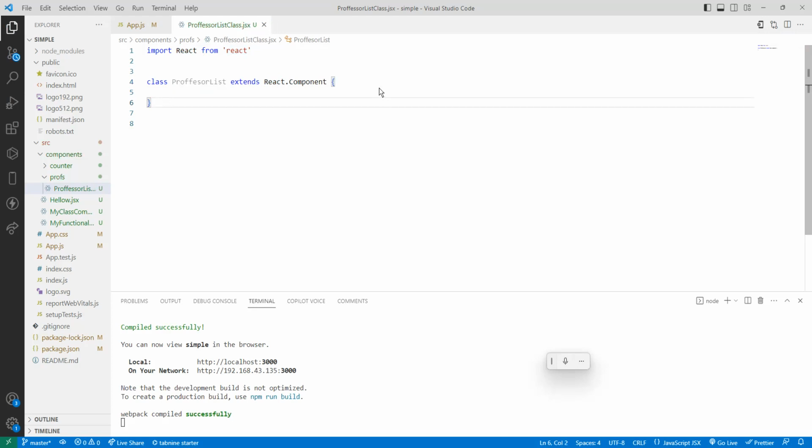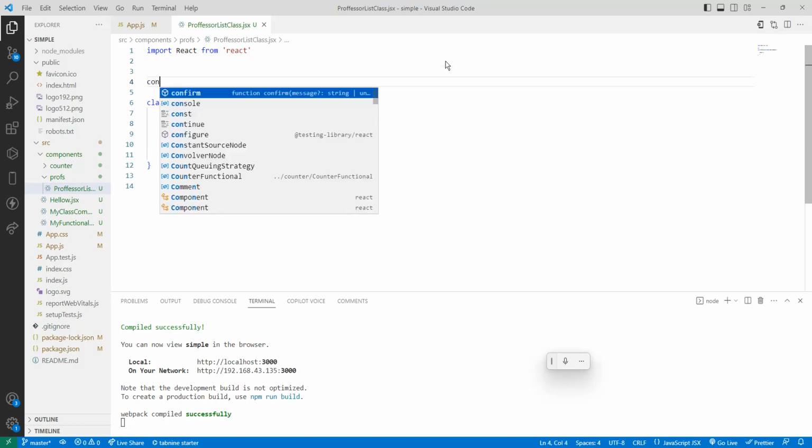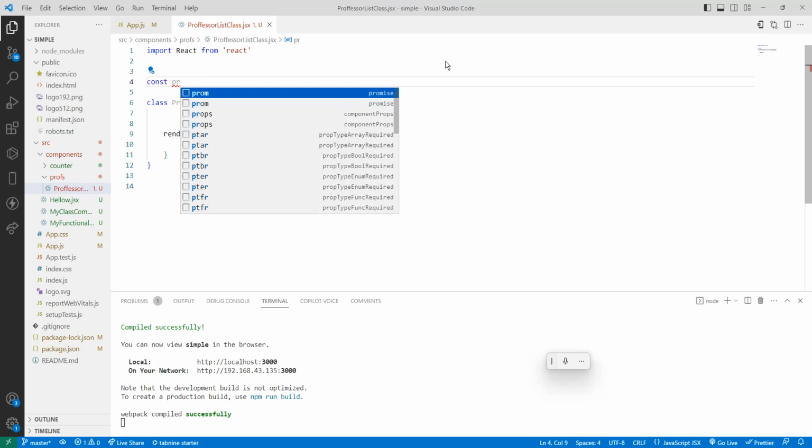So then what do we have to do? The next thing we have to do is call the render method. Render, open close bracket. So we have created a render. Then first, we have to create the props list here. So now I want to create one list. So what is that list? So constant professor